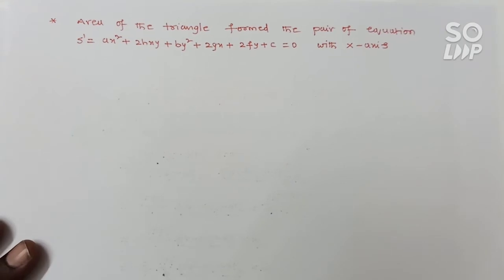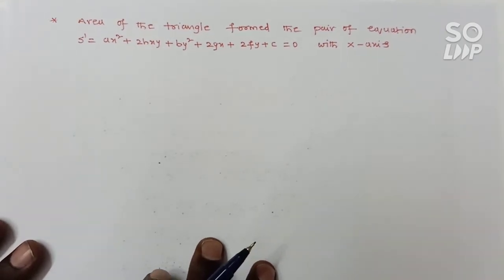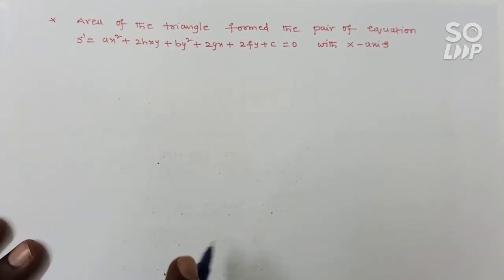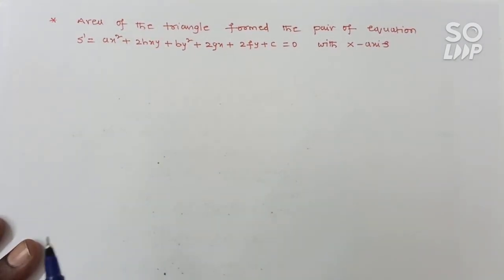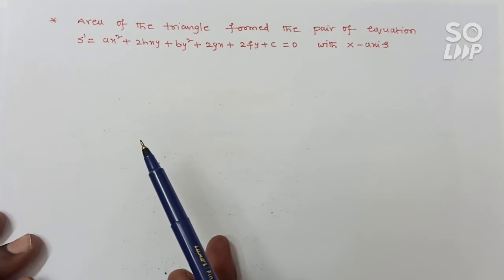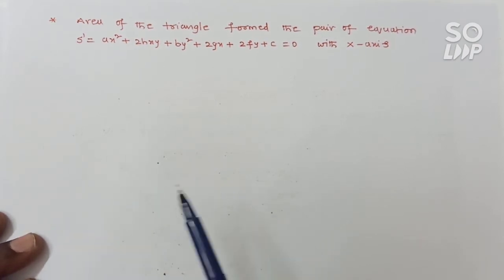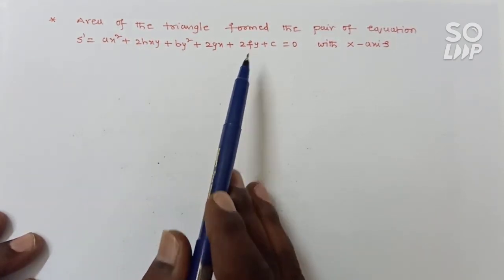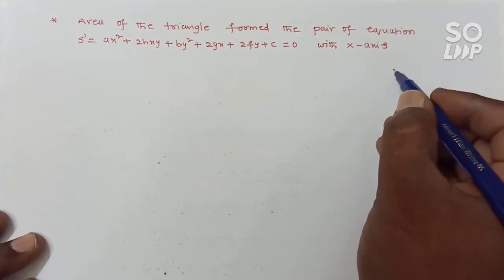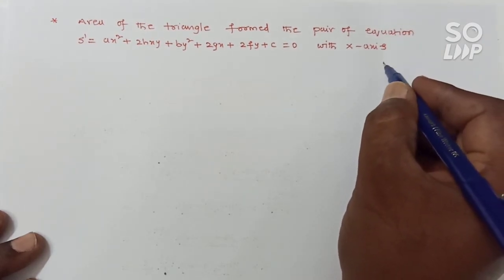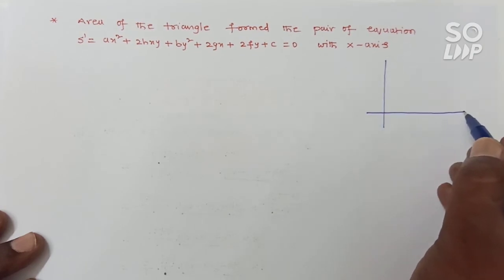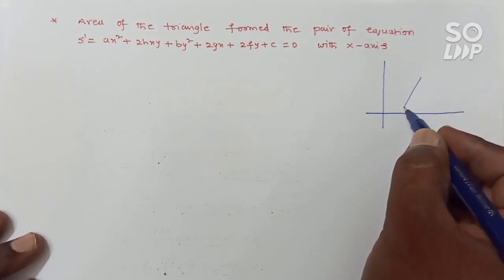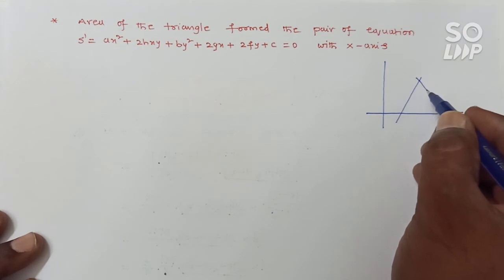Okay, see the next concept. Area of the triangle formed by the pair of equation. In that previous concept, we have to take that pair of bisectors of this equation. Now the figure will be, say this one is that what? That is equals to, here is that given pair of lines